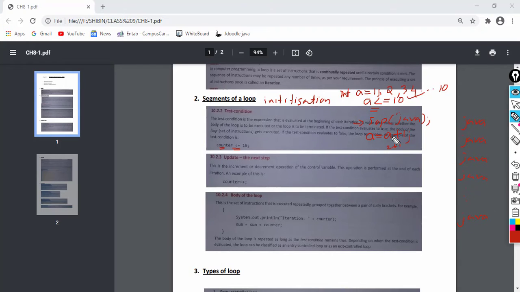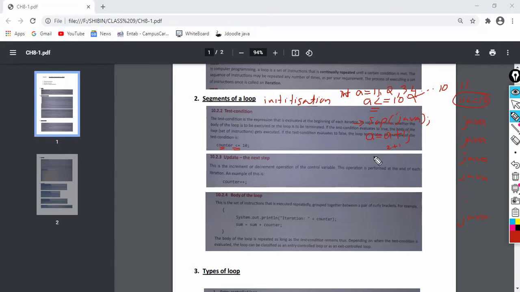Then updating the value of a, that is a equal to a plus 1. The current value of a is 10, we are adding 1 to it, so that will be 11. Then checking the condition 11 less than or equal to 10, this condition is false, isn't it? If the condition is false, we will not repeat or iterate this SOP, we will come out of the loop.